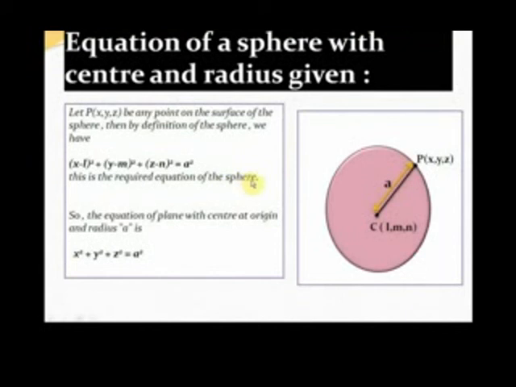and this is the required equation of the sphere. So if the center of the sphere and the radius of the sphere are given, then the equation of the sphere becomes (x minus l) whole square plus (y minus m) whole square plus (z minus n) whole square equal to a square. Here l, m and n are the coordinates of the point C, which is the center, and a represents the radius of the sphere. Now if we say that